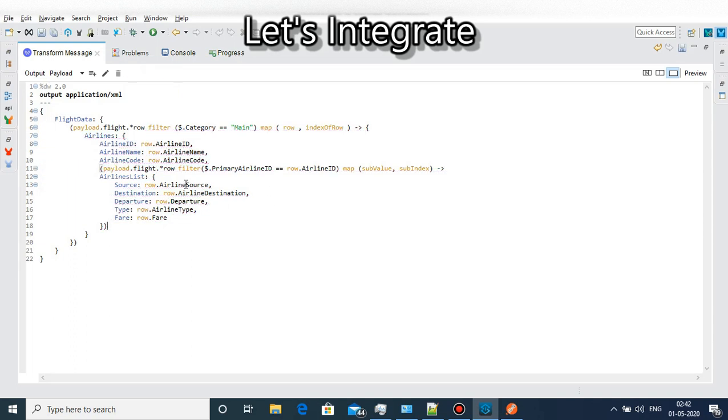So we should display the airline list subcategory under airlines when the airline ID of main and airline ID of subcategory match. So this will change to sub value in all the places.